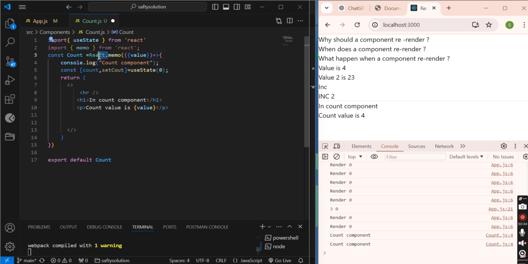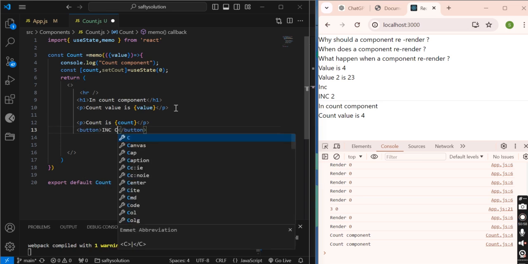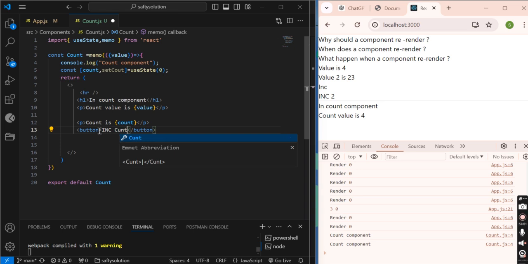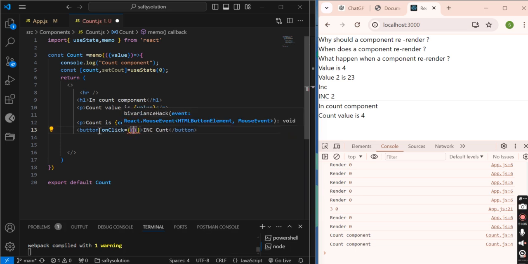We don't need to import it like this, we need to import it like this. Count is count, and a button inc count, setCount plus 1.